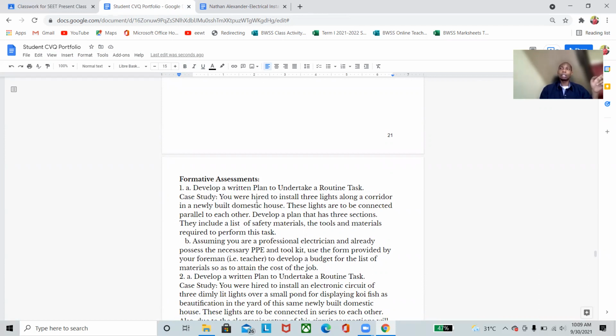You are hired to install 3 lights along a corridor in a newly built domestic house, right? So you have to install 3 lights along a corridor. These lights are to be connected parallel to each other, right? And you have to develop a plan that has 3 sections, rather